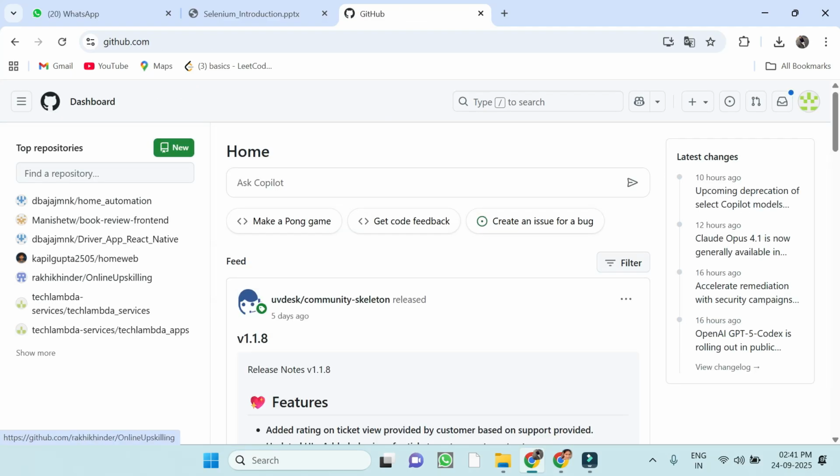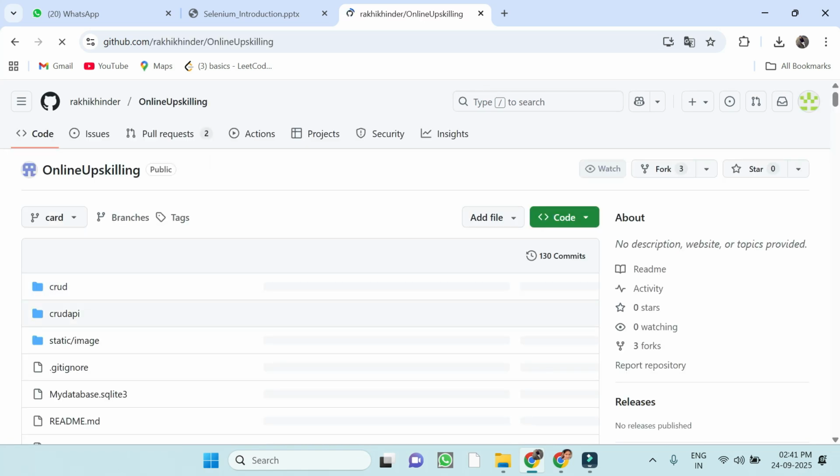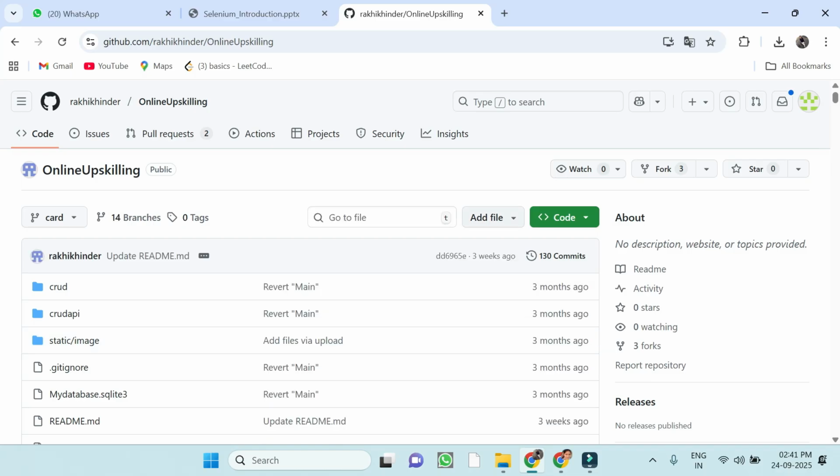See, they are all my projects. If you are talking about upskilling, I prepared this one also. If you want to add anything, you add it as a file. Go to this section, Add file. You add any file, so everyone can access your file.